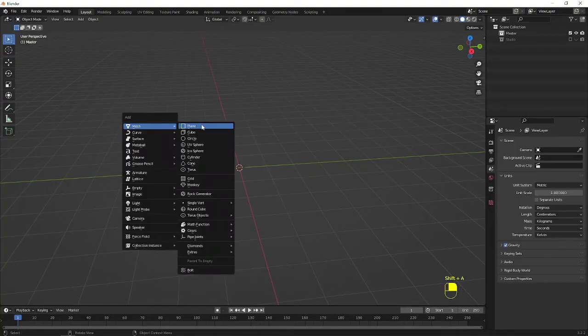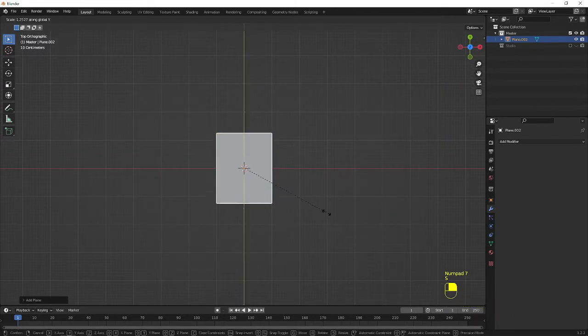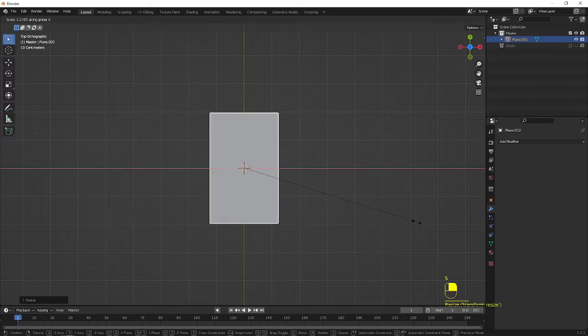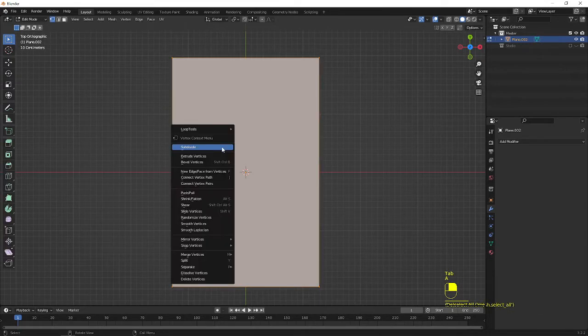Press Shift A and create a plane. Go to the top view and scale it in the Y axis and scale it in the X axis. And press Ctrl A and apply all transforms, and go to edit mode, select everything and right click and